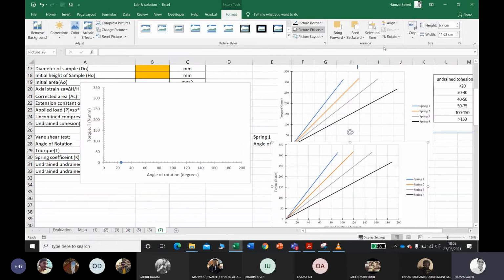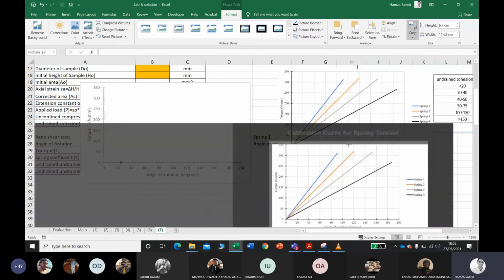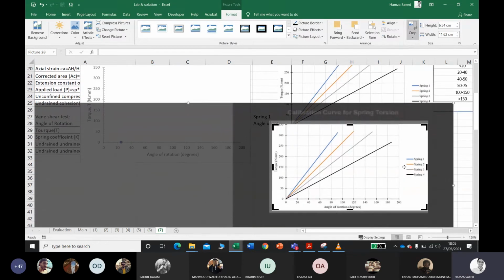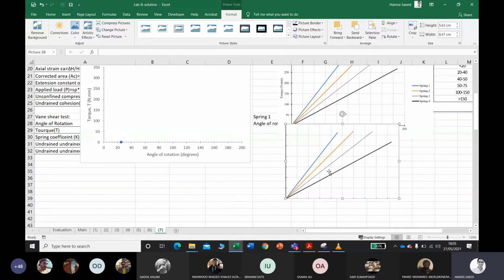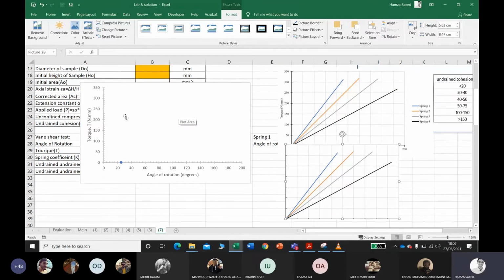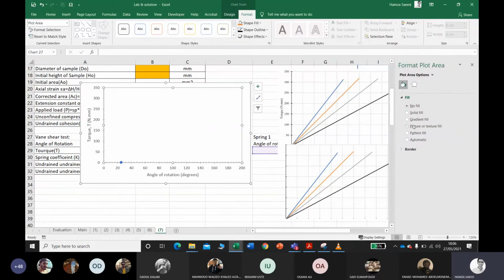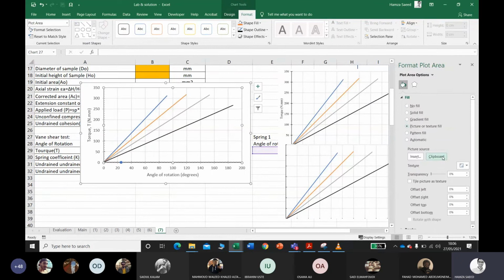First, you can crop the chart from the top to the top grid line, from the right to the rightmost grid line, and from the left side to the axis line, and similarly at the x-axis line. Copy this, and now go to the plotting area over here. Double click on it and choose picture and clipboard.